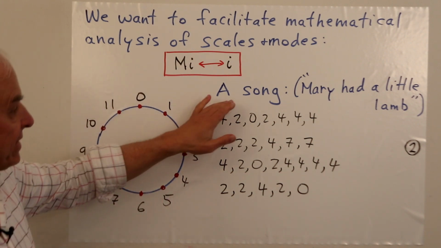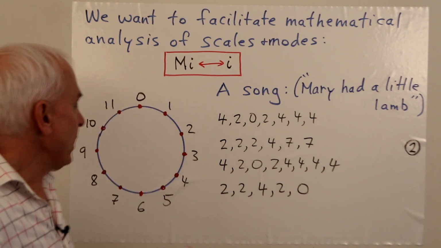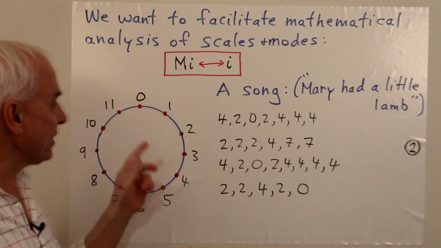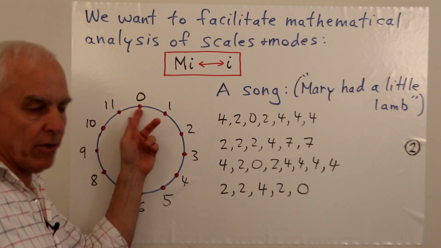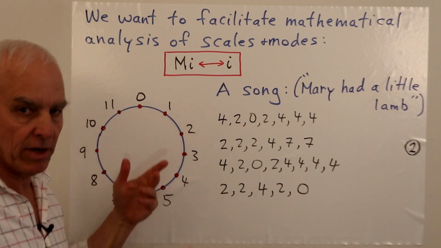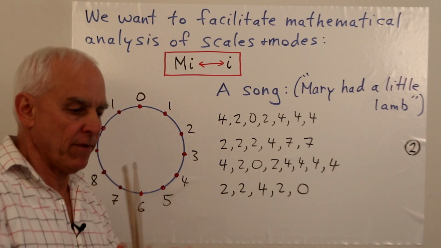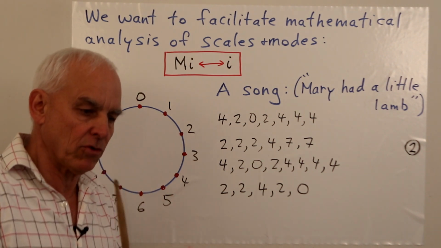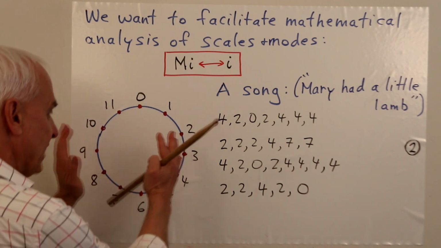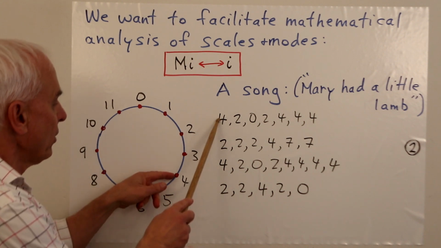So for example, let's sing a song, Mary Had a Little Lamb. And we're in this key that is labeled 0. Now maybe this is middle C, but maybe it's not. Maybe it's A, maybe it's E, whatever it is. Okay, the actual absolute position of these tones is not really that crucial here. All we're really talking about is the relative position once we have sort of fixed a melodic structure. Okay, so 4, 2, 0.